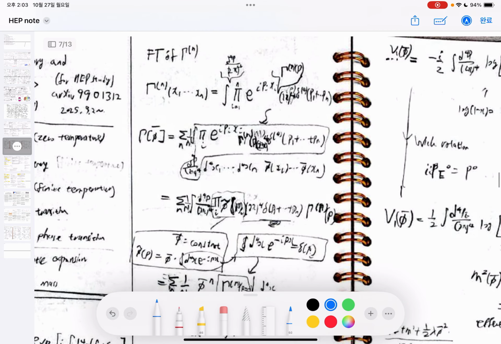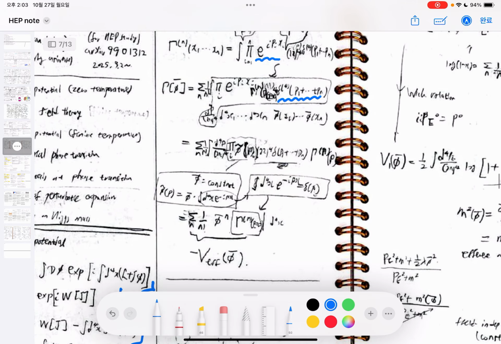By the Fourier transformation of this n-point correlation function, and using the Dirac deltas which come from momentum and energy conservation, we can obtain the effective action